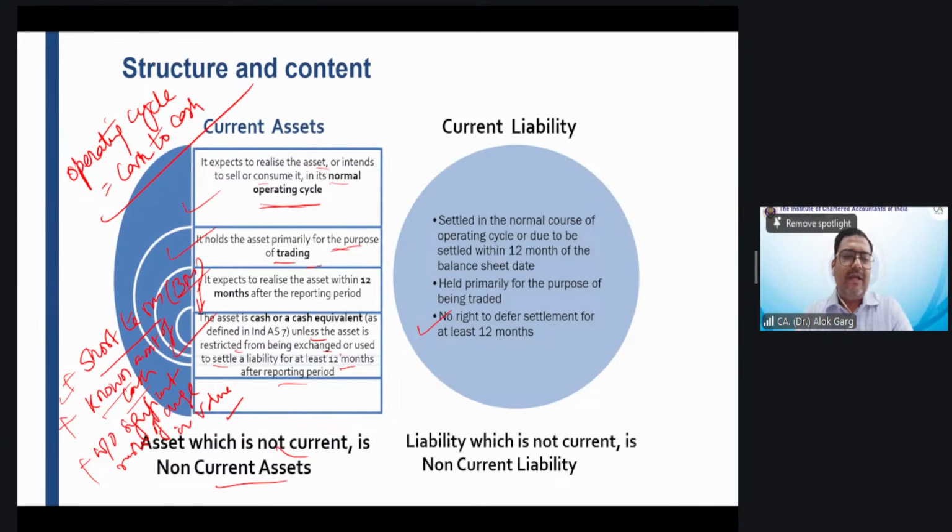Now, let me ask you a question. The company has declared a dividend. And what is the rule? When you declare a dividend, what is the rule? You have to open a specific bank account, an earmarked bank account for dividend, and you have to deposit money into that bank account.